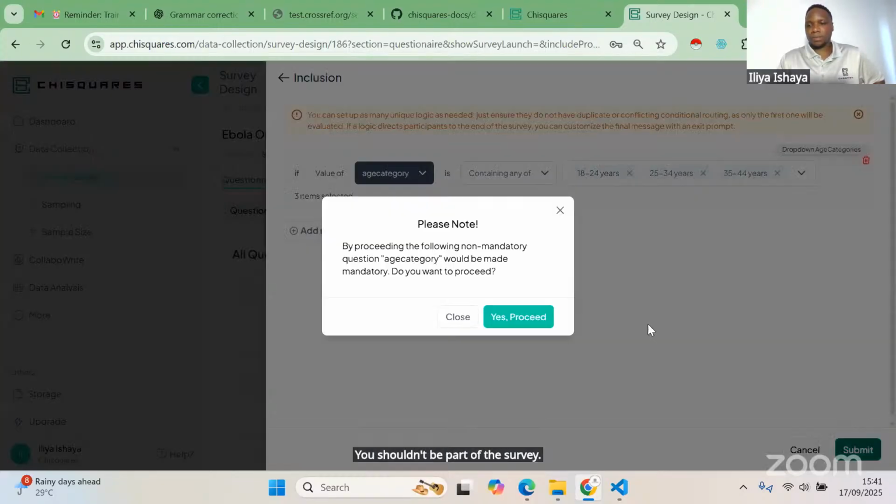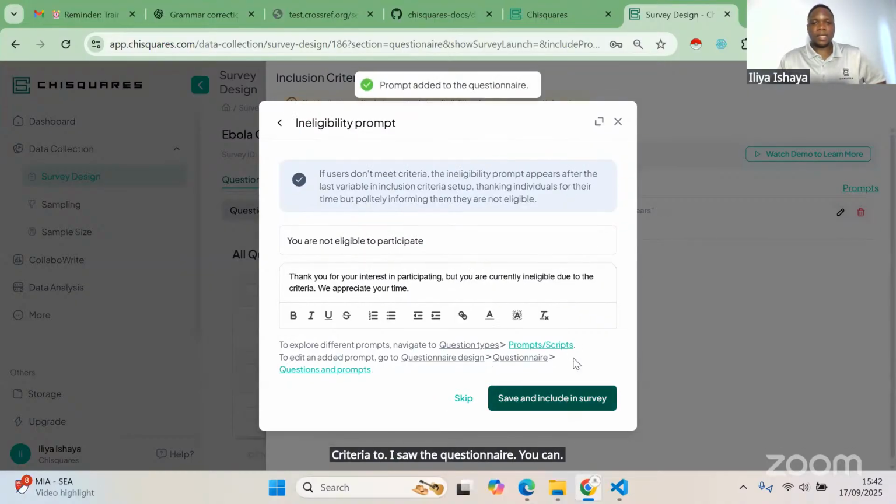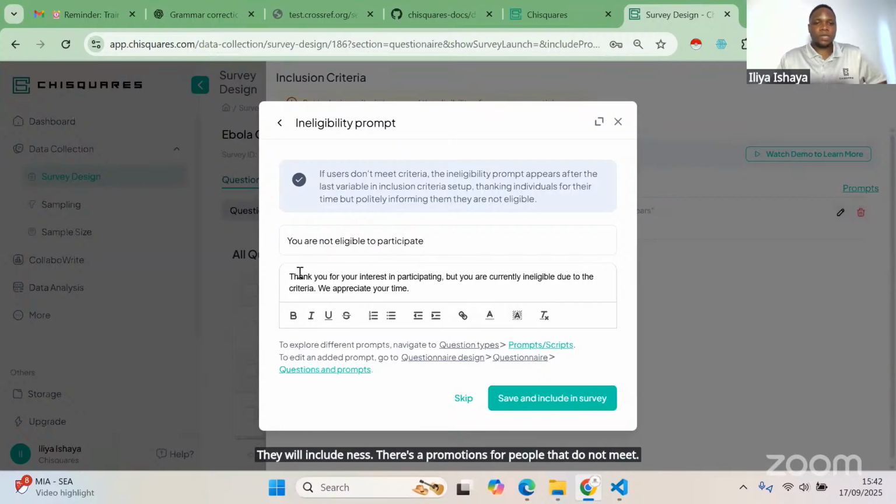Once you submit, the platform tells you that it will display the screener question for participants to let them know that there's an eligibility criteria to answer the questionnaire. You can save and include. Next, there's a prompt for people that do not meet your criteria. This prompt is shown to them: Thank you for your interest in participating, but you are currently ineligible due to the criteria. You save,